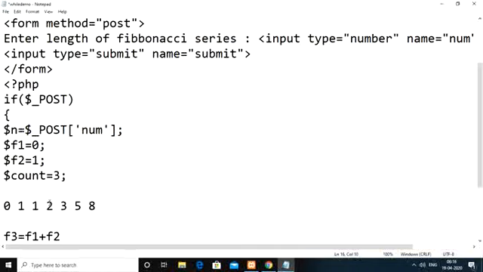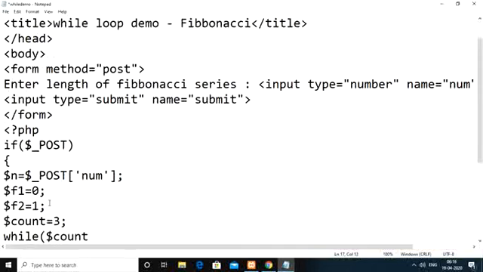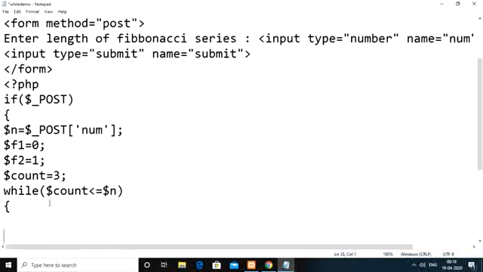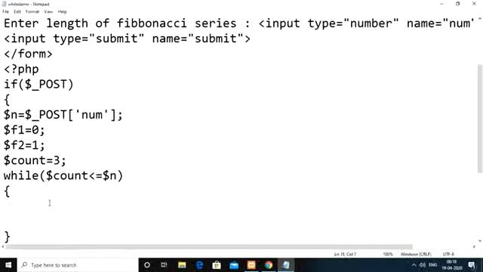After that, while count is less than or equal to the total length of the series, we first find f3 equal to f1 plus f2.